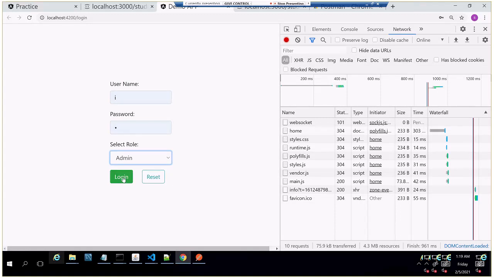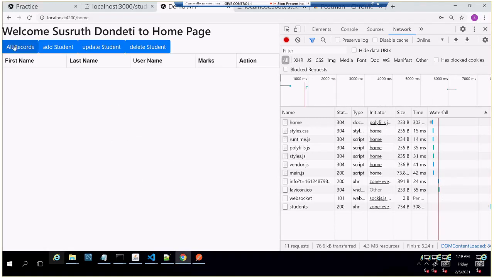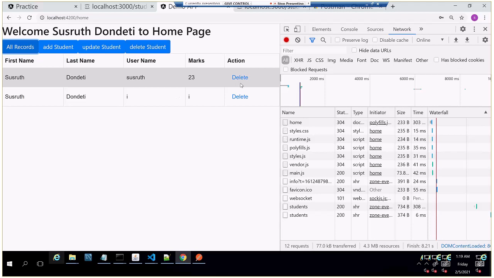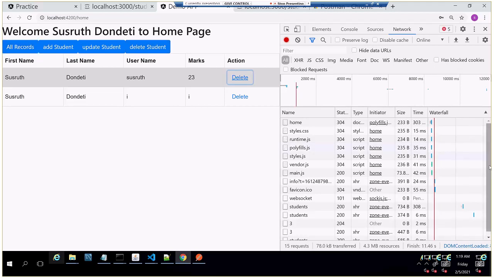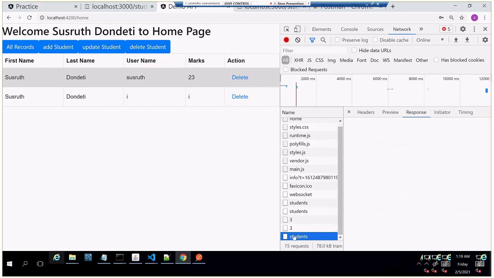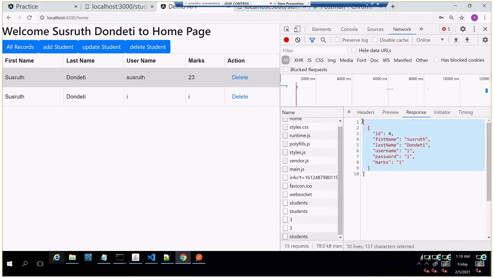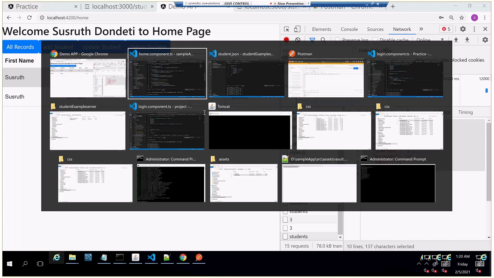You'll see that. Now for the first time I am deleting. Actually it refreshed, but it is not refreshing in the UI. I'll do it in a minute.